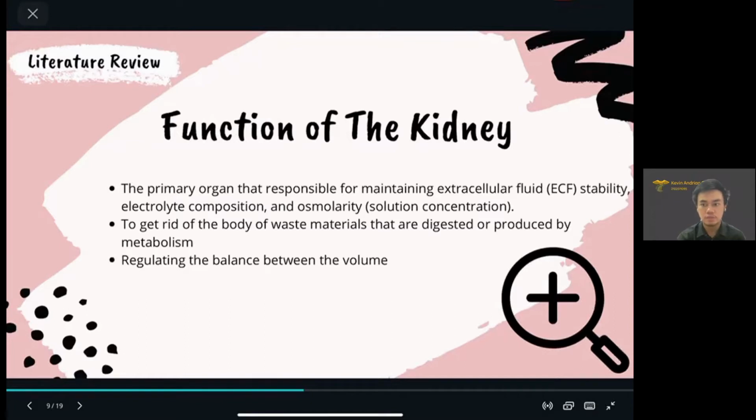The kidneys can remove the body's metabolic waste products, including urea, and remove drugs and toxic materials from our body. In addition to removing unused residual substances, the kidneys also play a role in forming and synthesizing several substances. They synthesize ammonia, which is important in balancing acid and base in the body. That's all from me. The next part will be discussed by my partner. Thank you.